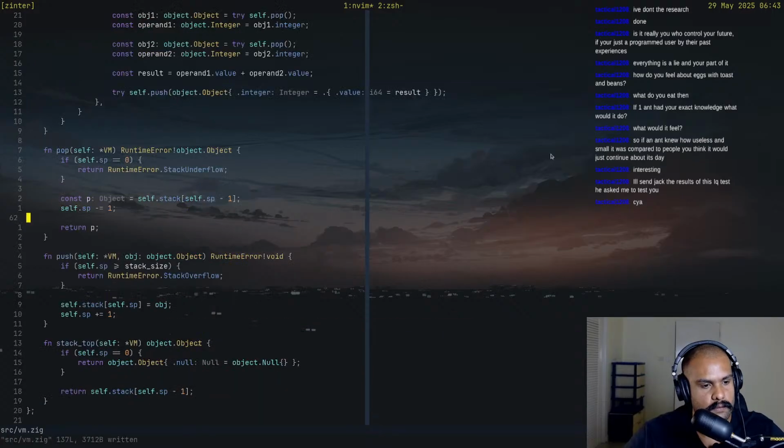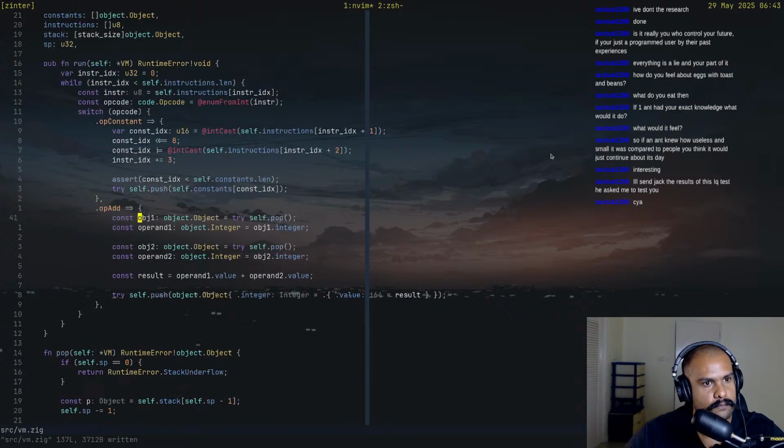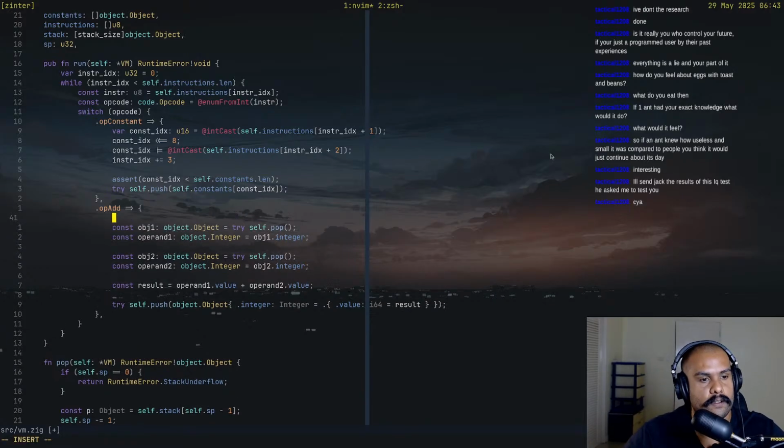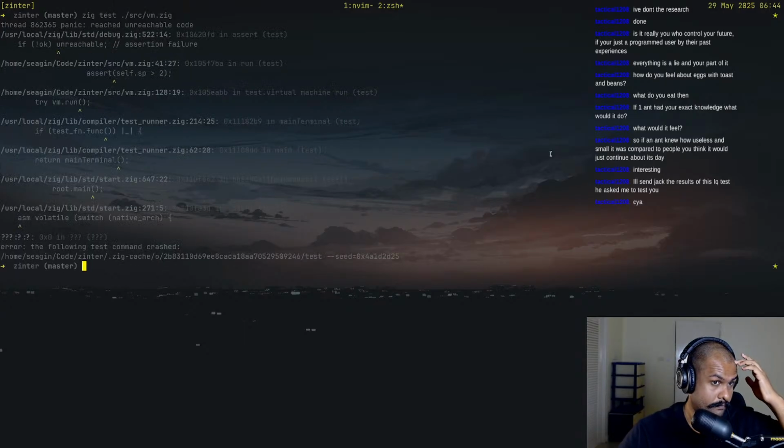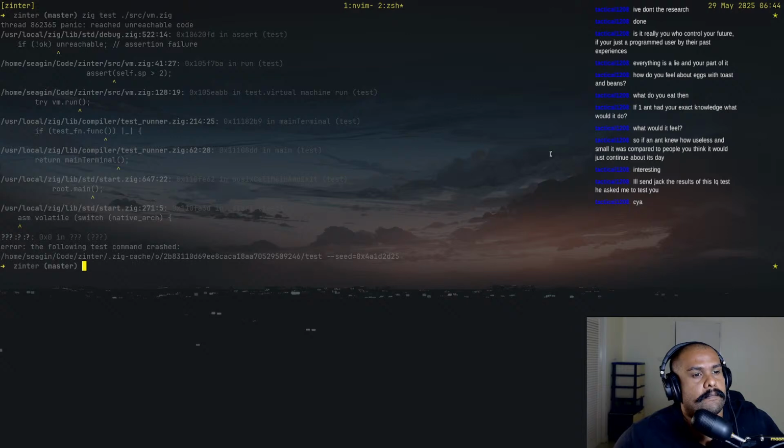Hang on. Okay. Set self dot sp stack pointer greater than, not equal. It should be greater than 2. Yep. So